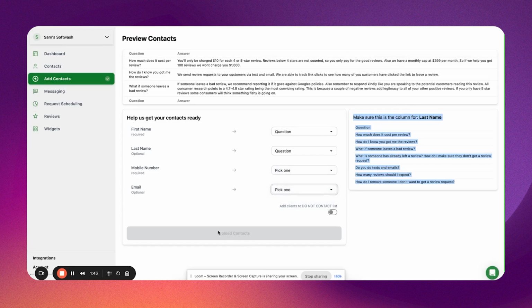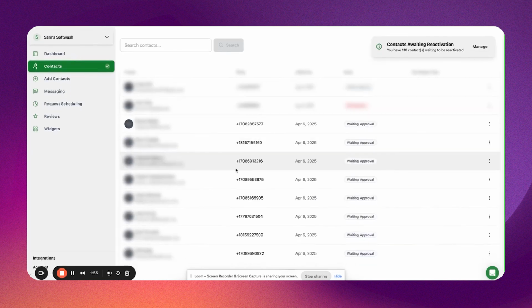And then from there, you'll click on upload clients, and in about an hour after you upload that, we'll slowly start to drip out that messaging to get you a whole bunch of reviews and reactivate those happy customers. One last thing I wanted to touch on is that if you want to remove somebody from the workflow,